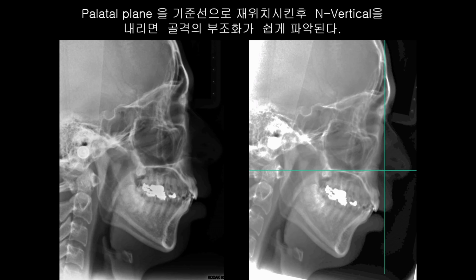So this is the same cephalometric, but matched to the parietal line. This is not matched to the parietal line. So we need to turn it on the screen. So on the computer screen, we can turn it to match the horizontal line. And then look,